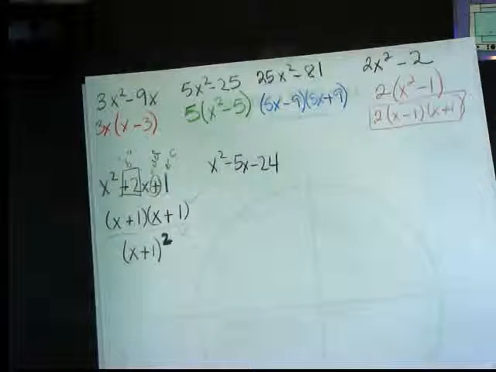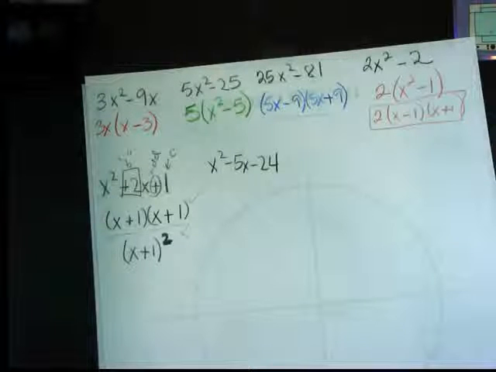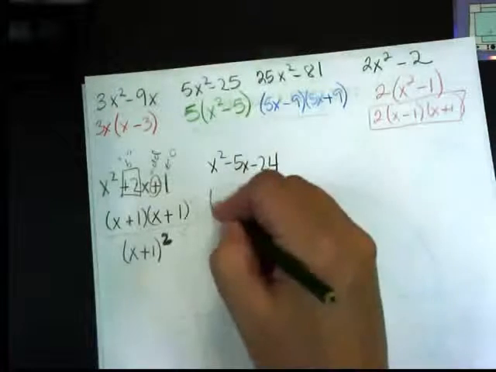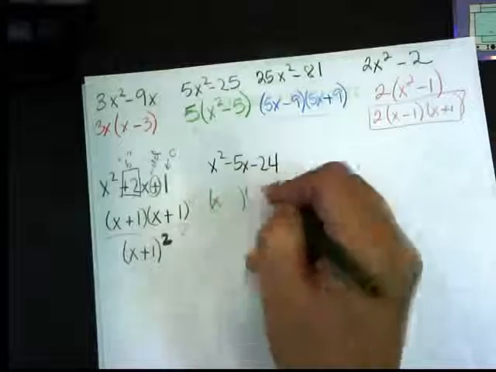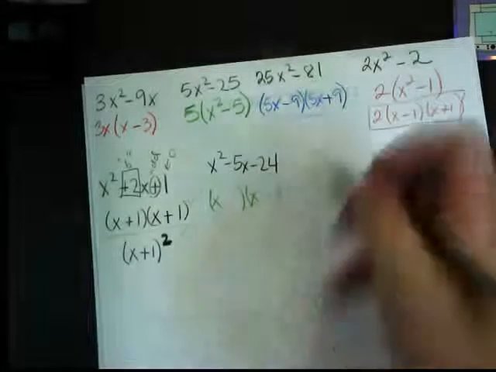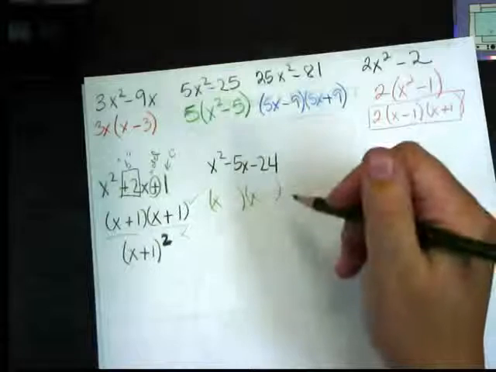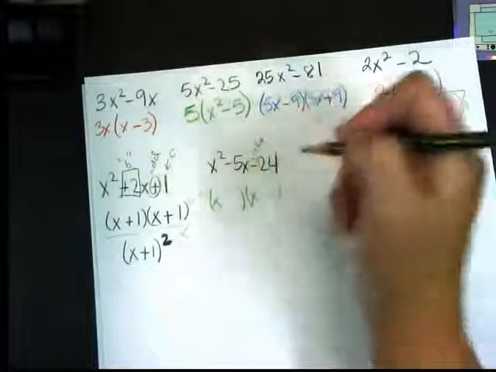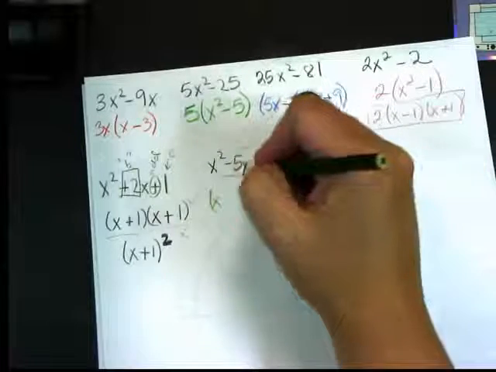All right, so here we have x squared minus 5x minus 24. There's no GCF because there's nothing in common. So that means I'm going to make my two parentheses. I'm going to split my letter. And then I'm going to ask the question, what multiplies to be 24? This sign tells me they're subtracting to be